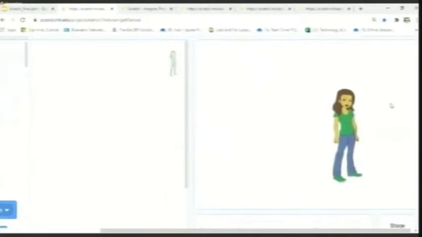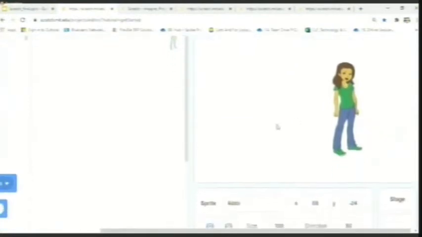Now we all know what a graph is. We have the X coordinate, which is the horizontal side, and the Y coordinate, which is the vertical side of it. In the graph, we have 4 quadrants: the first quadrant, second quadrant, third, and fourth. This also teaches the mathematical aspect if you're interested in math.